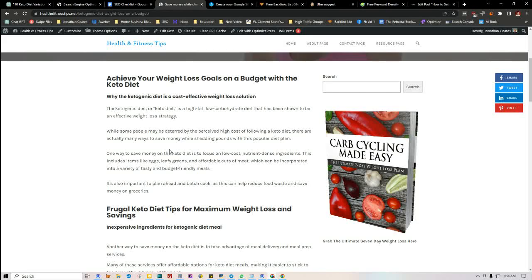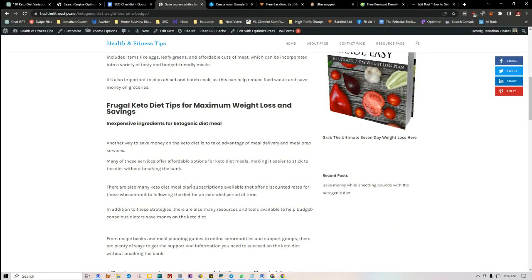Another thing I'm going to get to in this SEO checklist is referencing internal blog posts. If you have other content on your website that's related to this, you want to take the time to bold and italicize the different key phrases and keywords, and then link them to those content pieces.